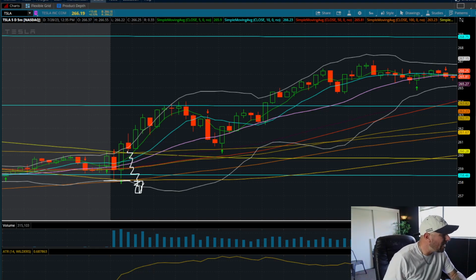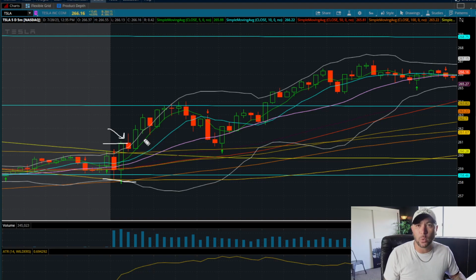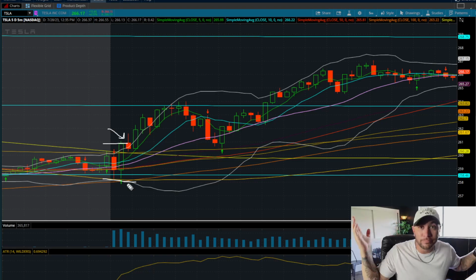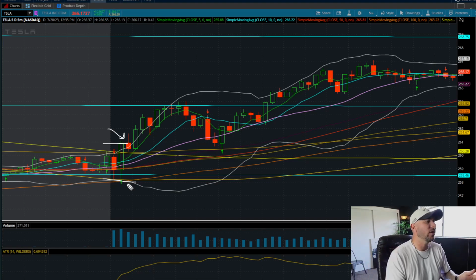Guys, stay patient and just start analyzing these. Analyze the price action in real time. Once you're in the trade, boom. It's Tesla's job now to work for you, not my job. There's nothing that I can do about this stock moving higher. There's nothing I can make it do. The only thing I can do is, when it breaks my 1-bar stop and it closes below, say F it and close the trade. That's it. I hope this video helps you guys.